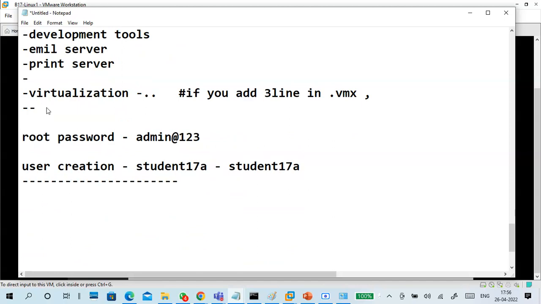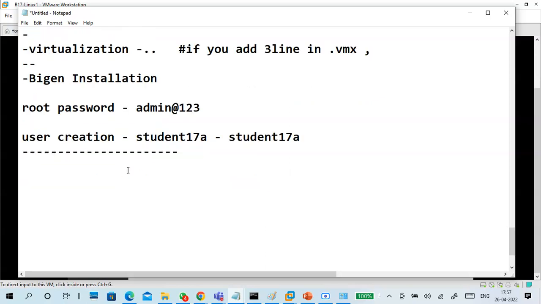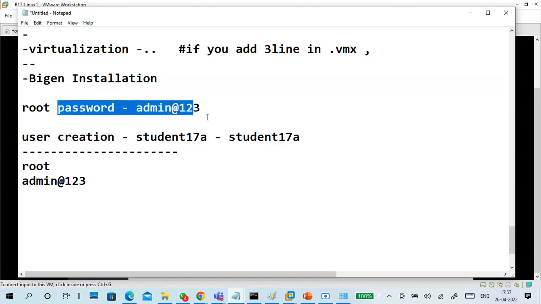So then click on begin installation. Then it will ask for root password. It is a root user password, guys. If I ask the question, what is root user password, it is admin@123. So do not say, sir, I don't know. This is root password, root user password.